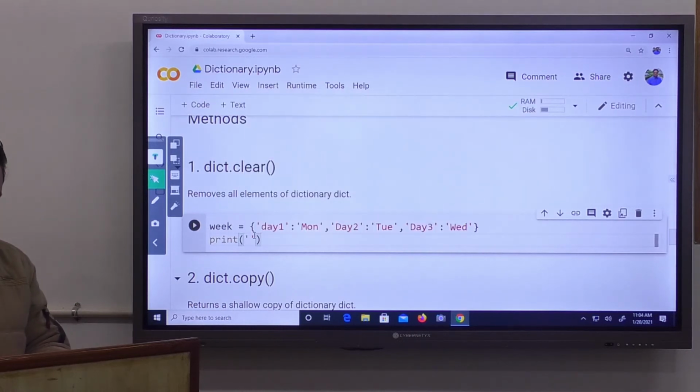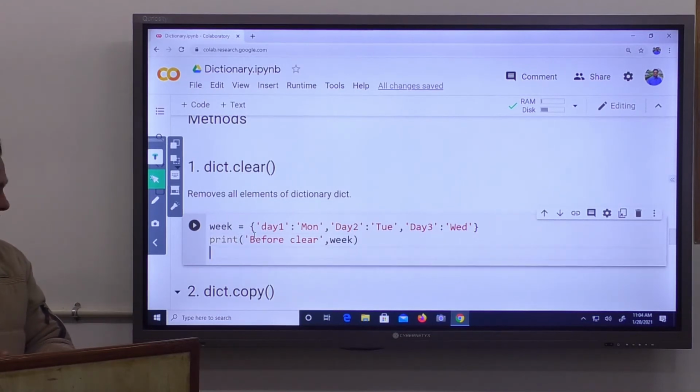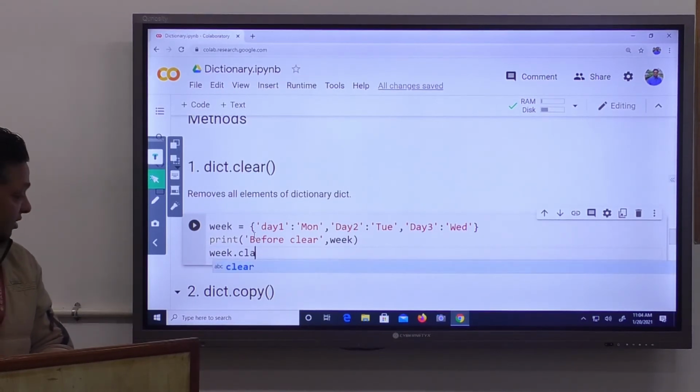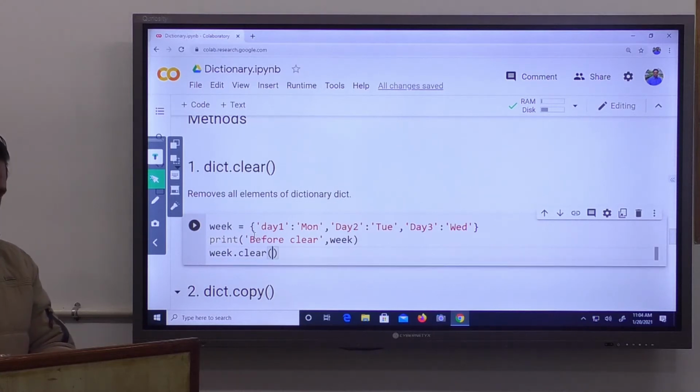Here I print before clear, how our dictionary looks. Then we apply the clear method.